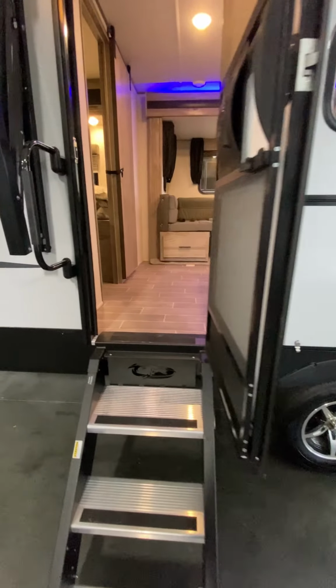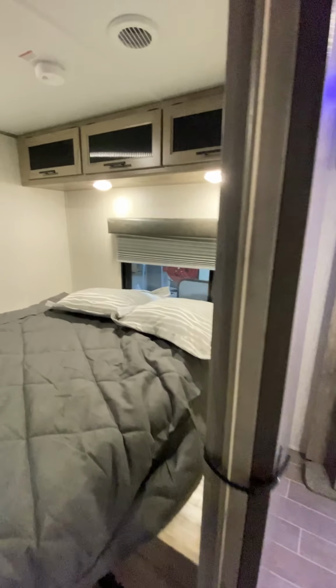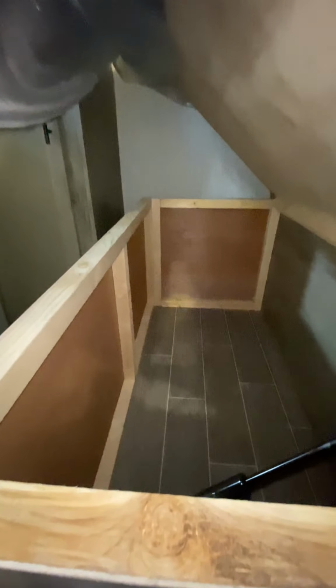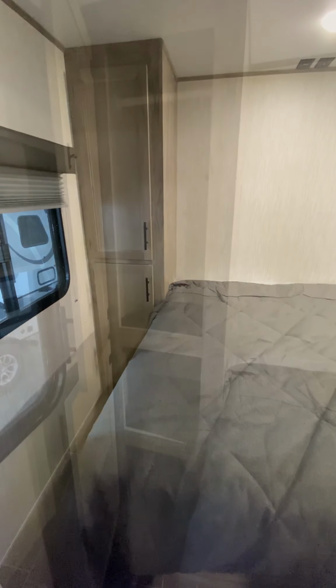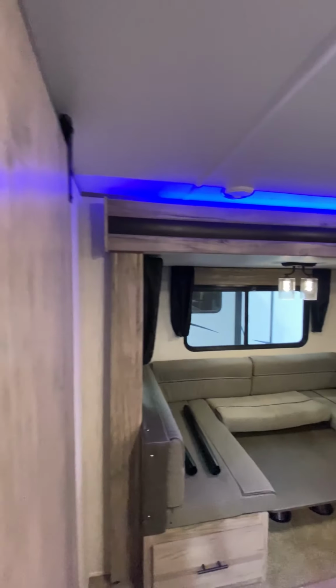And then when we head on right in, I'm going to show you the first of 2 queen beds. Like I said, dual queen travel trailer. There is not many of these out there. They are hard to find. They sell quickly, so you got to jump on them when you can, especially under $24,000. They have the smaller storage underneath the bed there. You have some great counter space or cabinetry, closet space right in there, so you can hang a couple items, put some shoes in there or whatever you got to do. You have more storage above the bed,